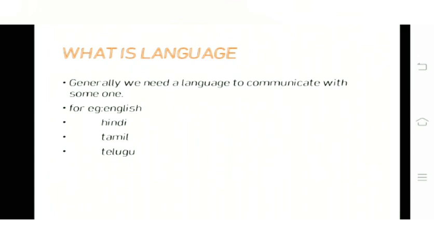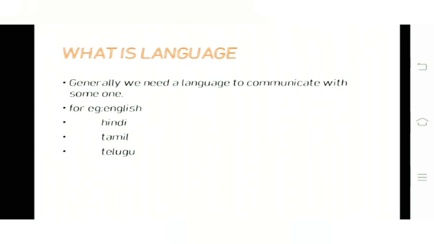What is a language? In this world, the most important thing is communication. There are a lot of languages like English, Hindi, Tamil, Telugu. For example, now I am teaching you in the English language. I know only English. If you have any queries or doubts, you have to ask me to clear your doubts.